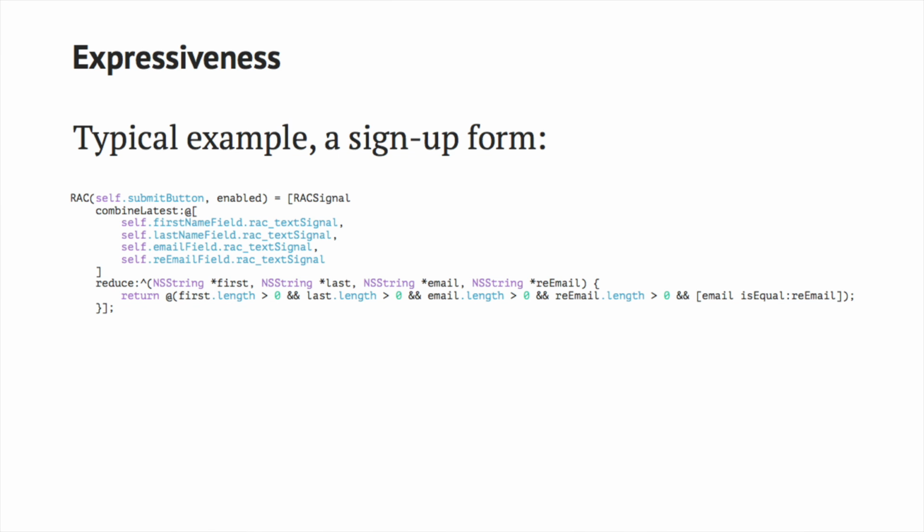The advantage with this is that the code is local. You don't have to go see who's the delegate or who's the target action, or go elsewhere to see who's responding to things. You can take that code and plug it in almost anywhere, because obviously these are properties on your view controller or whatnot. But it's a self-contained piece of code. It reads from top to bottom. Once you get to know these keywords in Reactive Cocoa, it's actually really clear.